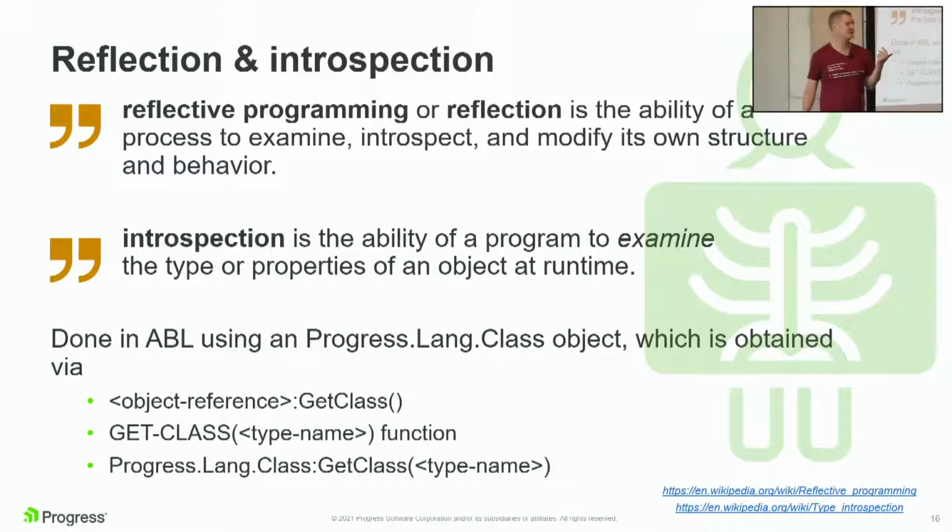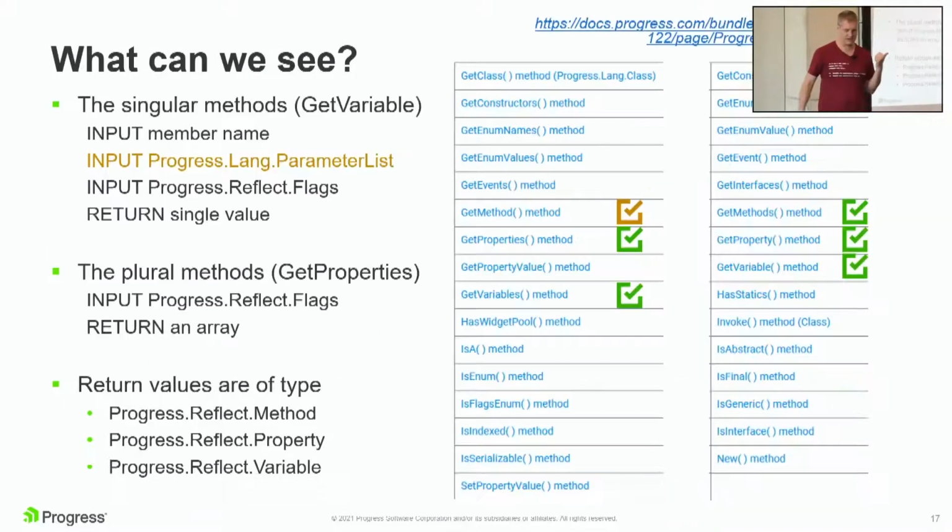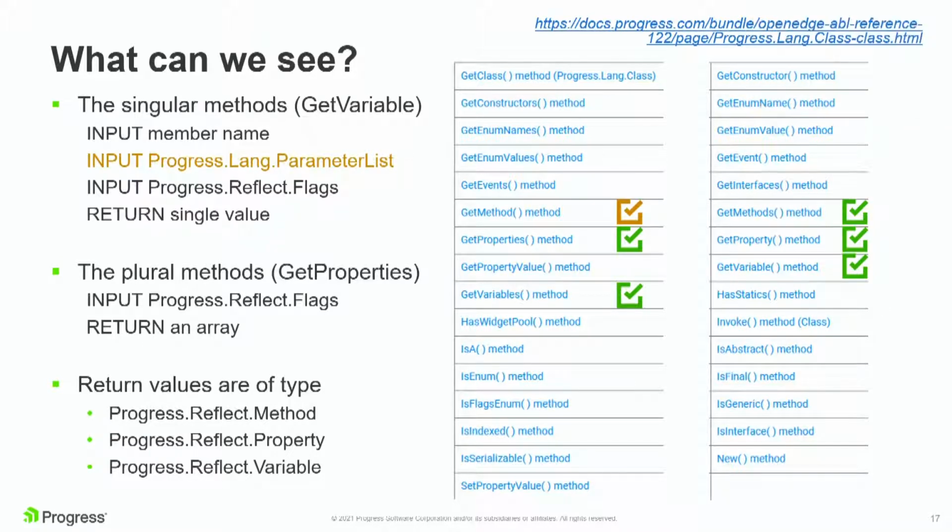So when you're reading stuff off disk, you can't check that in advance. But once we have one of those guys, we can do a lot with it. A lot. So this is some of the methods on it. The doc is up there. They are pretty much like GetVariable, GetVariables, GetMethod, GetMethods, GetProperty, GetProperties, right? So one will give you a list, one will give you an actual